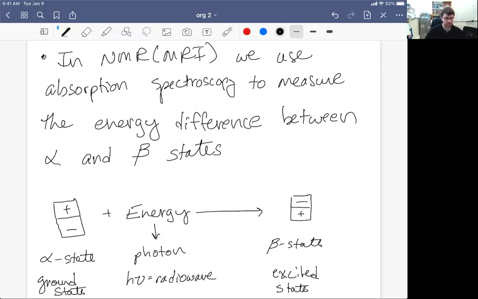Okay, so that is the setup for what happens in NMR spectroscopy. The next few things are going to be more of the details for a particular NMR experiment. I think it seems appropriate to save those for another video. So I'm going to cut us